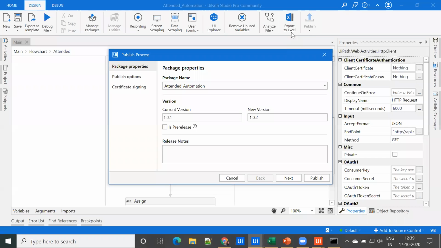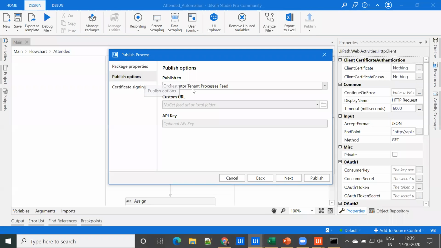It will allow you only when your workflow does not have any error. If you have any error, it will not allow you to publish your workflow to the orchestrator. Okay. So you can see the package properties, the package name, package version, and the publish option. We can always select orchestrator.